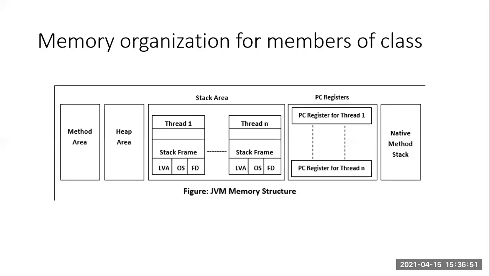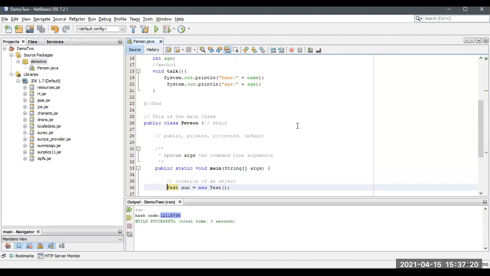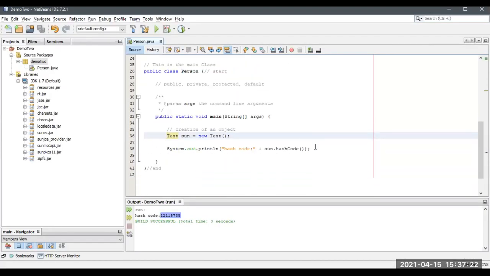So this reference number, we just check it now, whether the reference number is created or not. This is all about classes and objects and how they are managed inside the JVM. So the JVM plays a key role for each and every object creation and the memory allocation for the objects and a class.